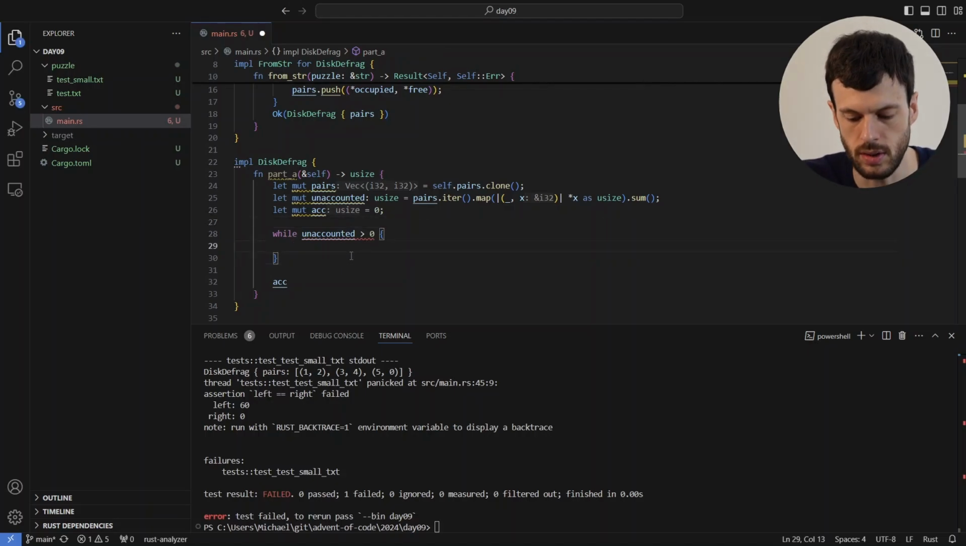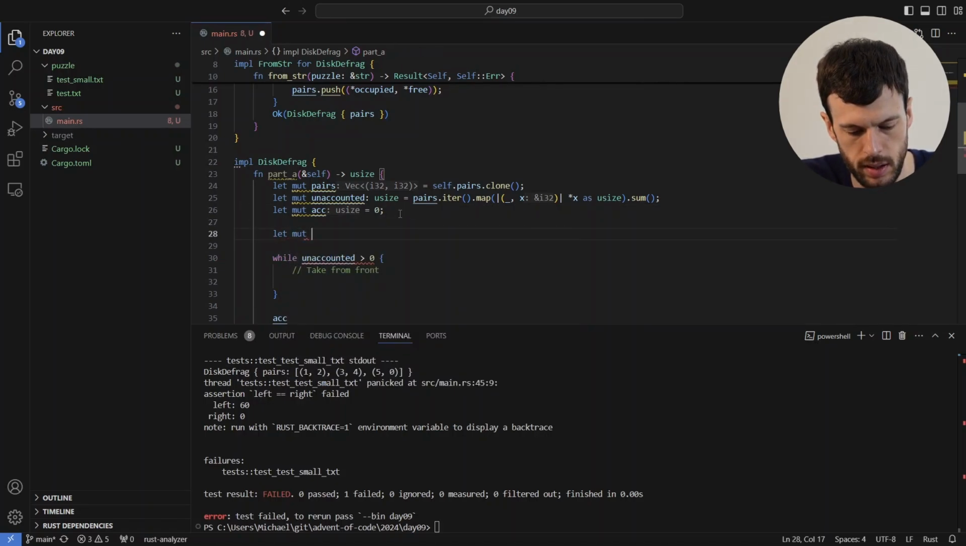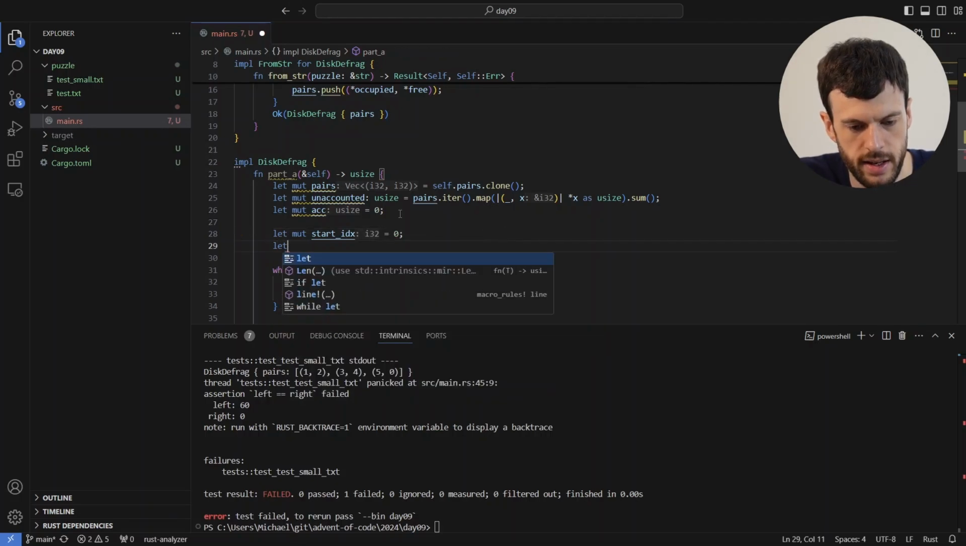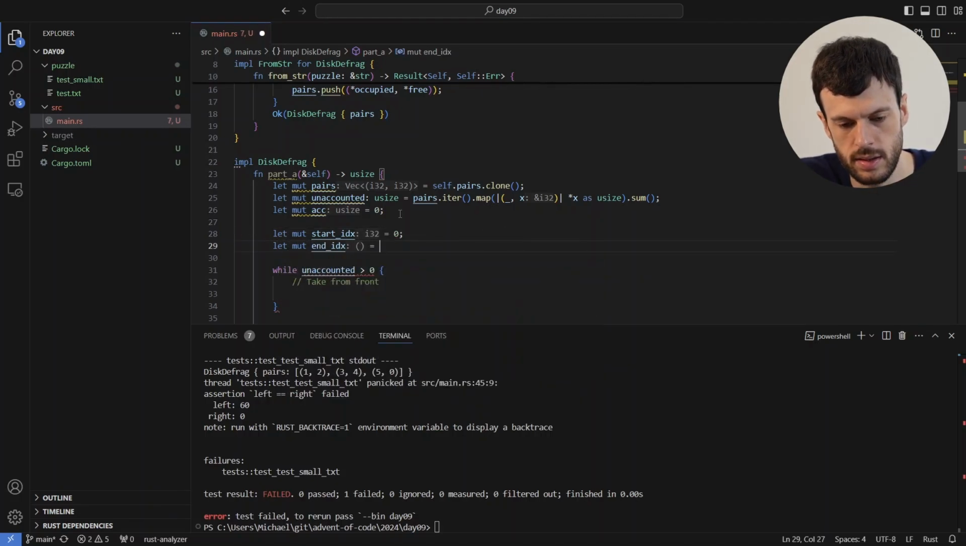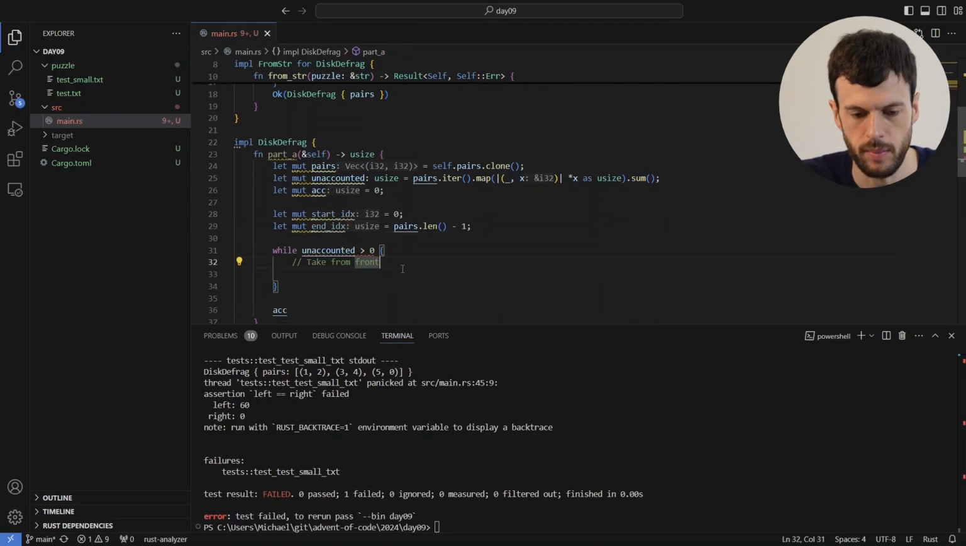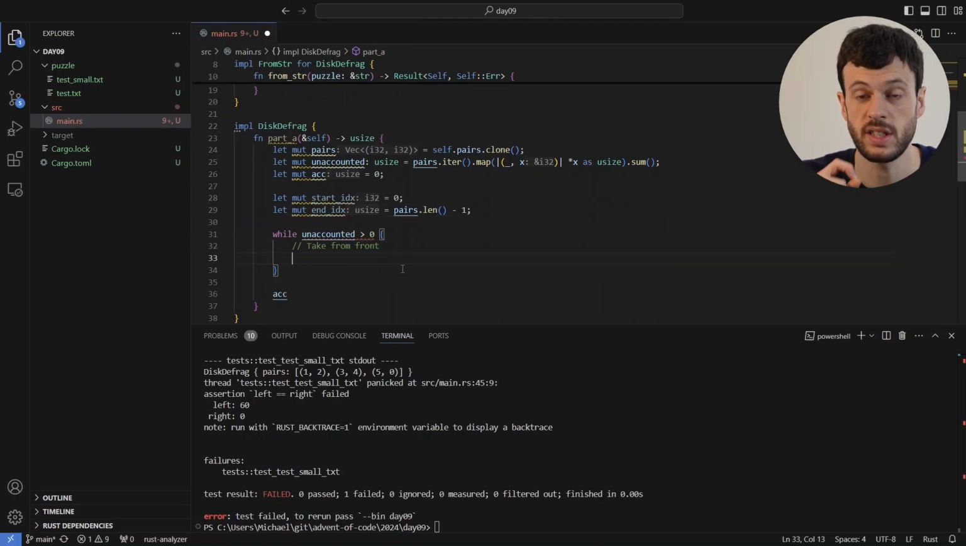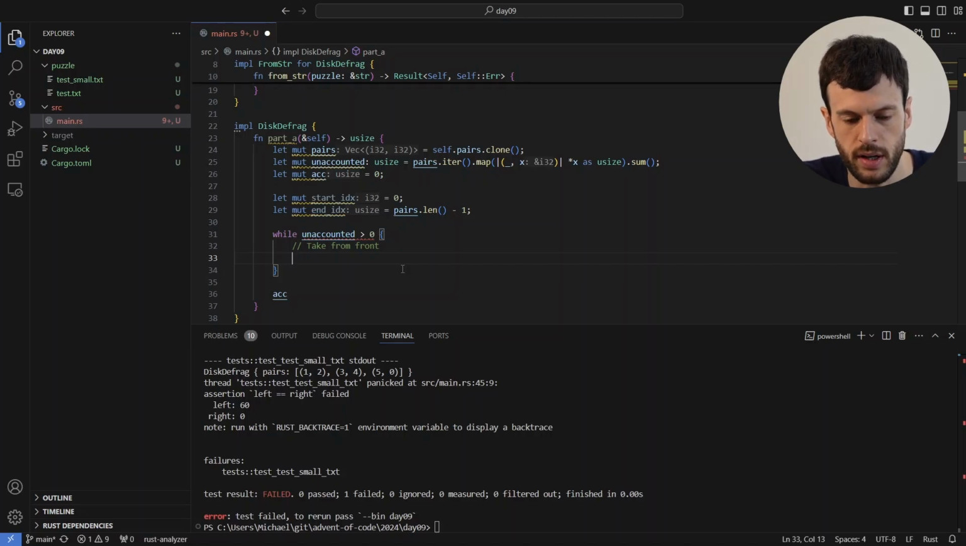So I am going to take from front. I might even keep a start index is 0 and end index is the length of the array minus 1. So that would be pairs.length minus 1. Great. So we are going to take from the front, and how we take from the front is